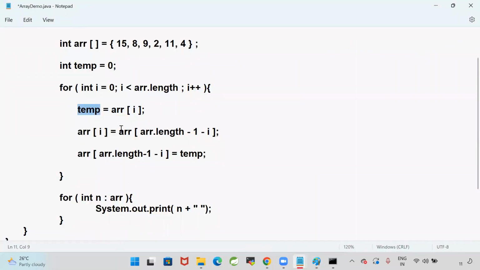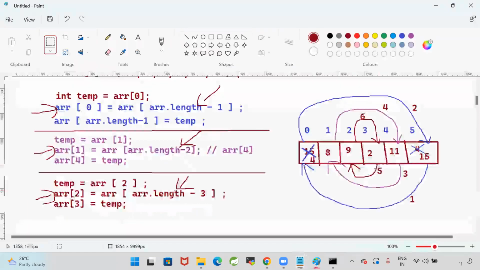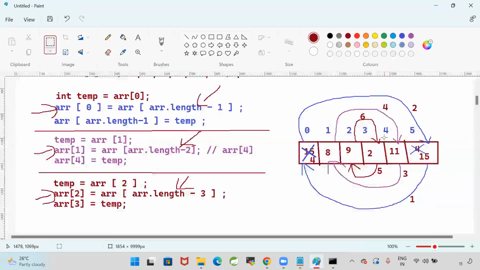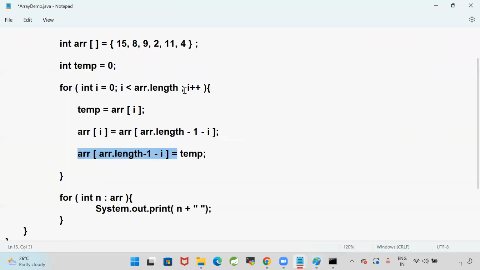Then array dot length minus 1 minus 2. Array dot length is 6, minus 1 is 5, 5 minus 2 will become 3. The third index value is stored into the second index. Now the temp value is stored into the third index. That means this value went into the third index. That's fine. Then I value became